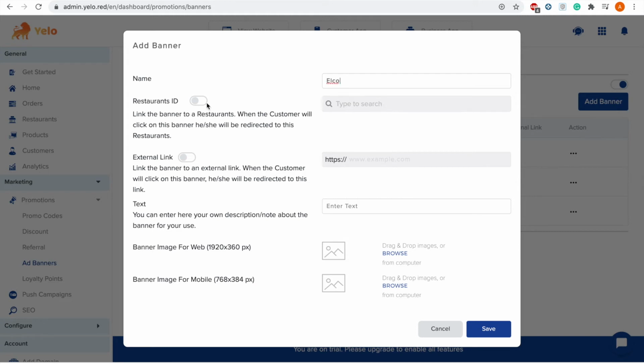Let's just name it. You can even link to the external link. You can just mention any website. Let's just say enter text. Now add the image for it.